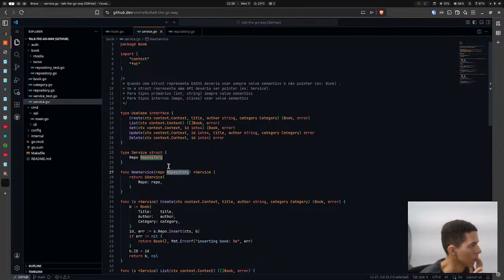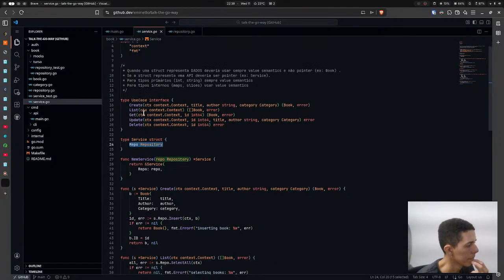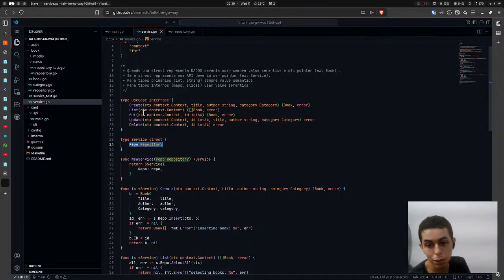Hmm. Okay. Okay, I need to study this a little bit because this creates a service struct which has a repo property. I use case type. It's a little bit confusing because I don't work with something like that, and I'm tired right now. So